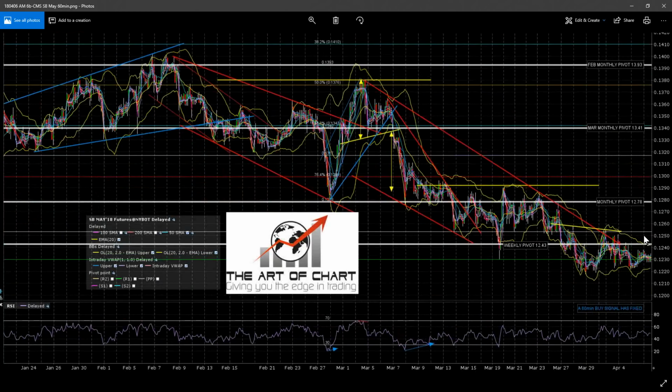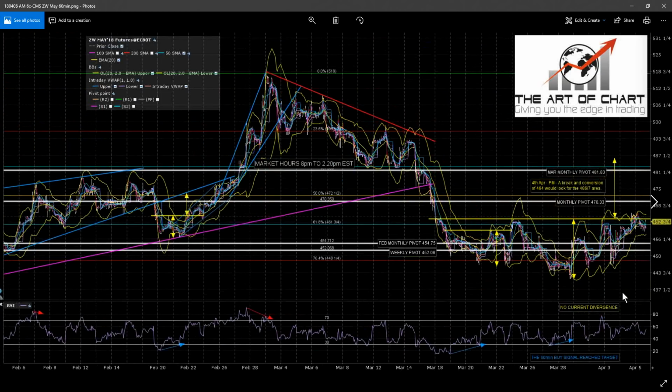SB may need yet another retest of the low. We're on a 6-minute buy signal, but it would improve this potential double bottom setup here. This could equally be a triangle forming, in which case we'd be heading up to the 12.5 area next. Keeping an open mind. We're on a 6-minute buy signal. Overall, I like the upside.